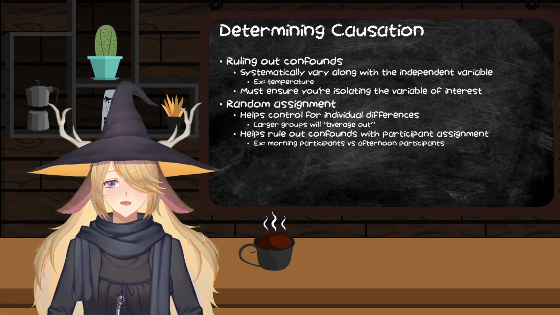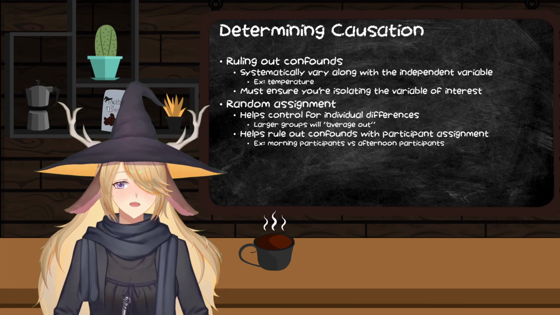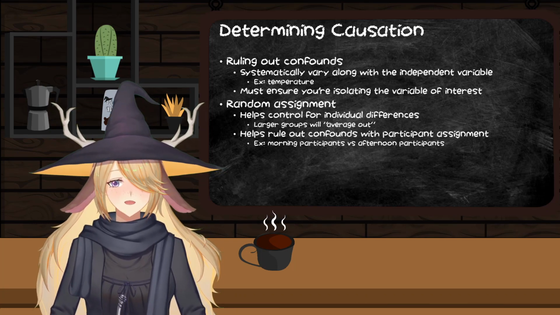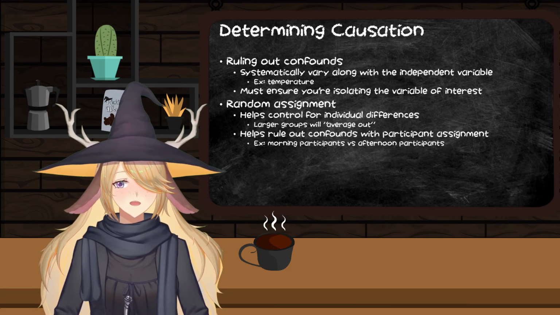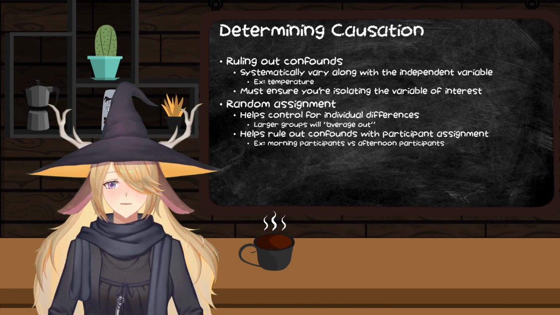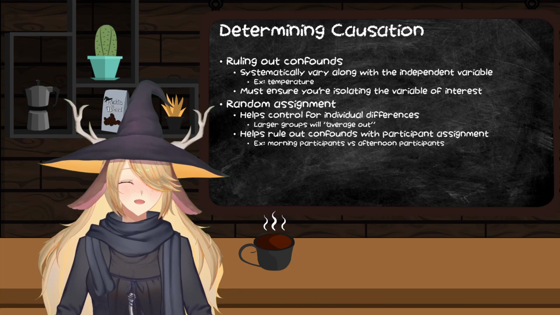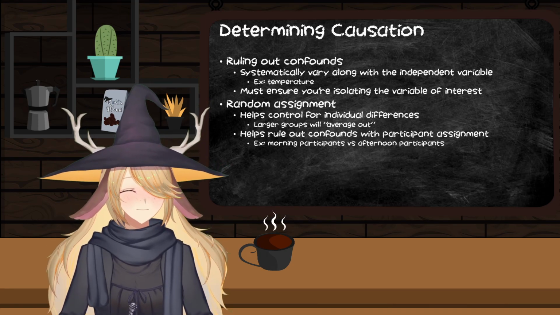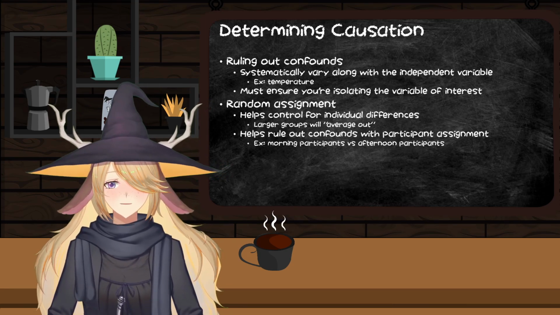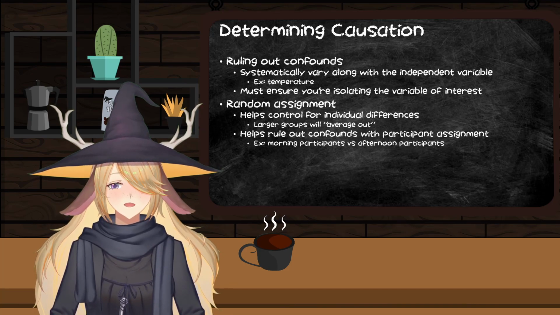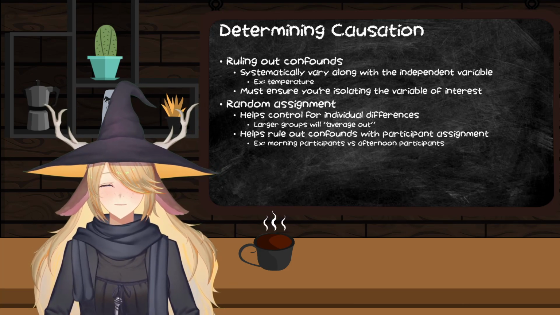If we randomly assign people, as long as you have a sufficiently large sample size, those differences, like height, weight, gender, political orientation, all kinds of things, are going to just even out over time. And in doing so, a lot of these potential confounds, like even time of day, are going to even out. You just got to make sure you have enough people, which is one of the problems with a lot of experimental designs, and we'll talk about that in a couple minutes here.